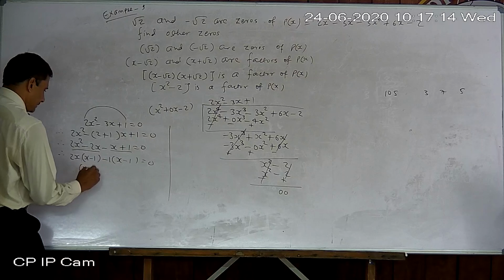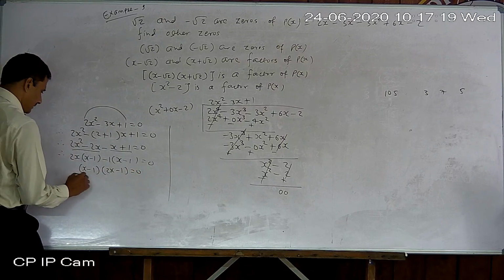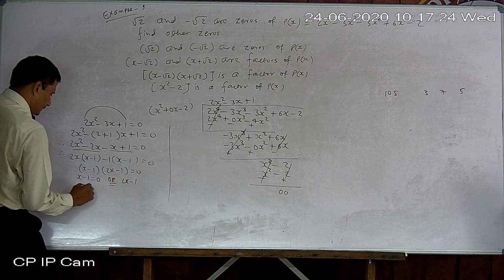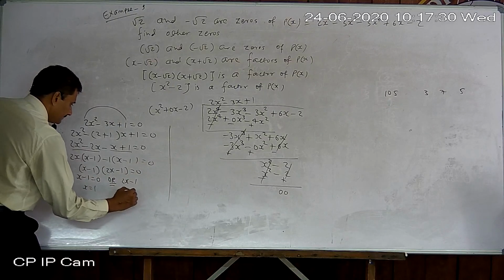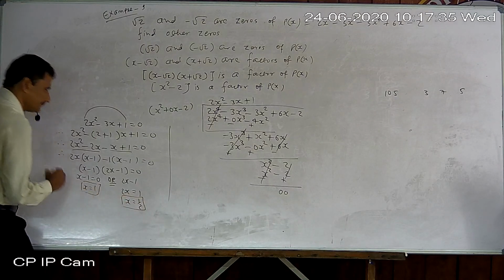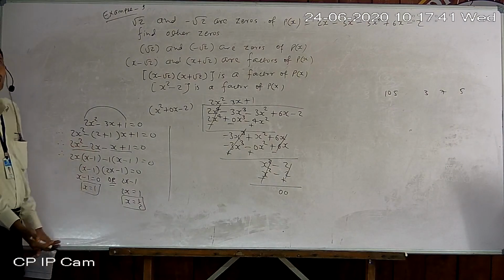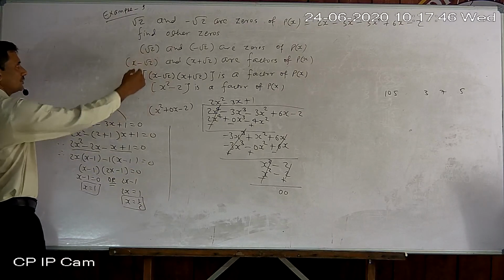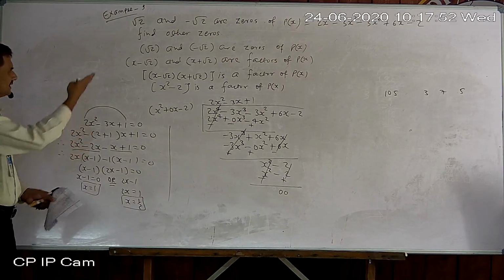Now that factor is taken common, so here 2x is left and here minus 1. Now just compare them with 0 one by one. So x equal to 1 and 2x equal to 1. So x equal to 1 by 2. Okay, so these are the remaining zeros. So write down the statement now. Therefore, the remaining zeros are 1 and 1 by 2. Or all zeros are root 2, minus root 2, 1 and 1 by 2. So all 4 zeros we are having. But these are the remaining zeros.